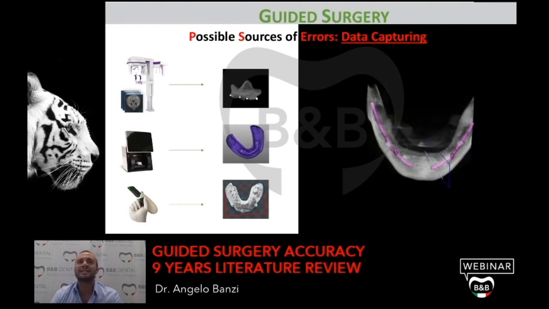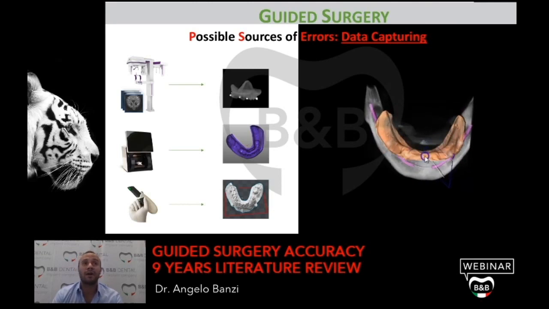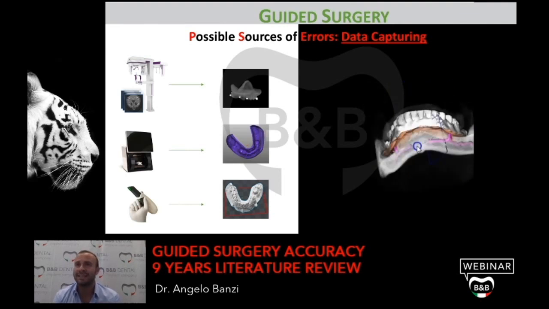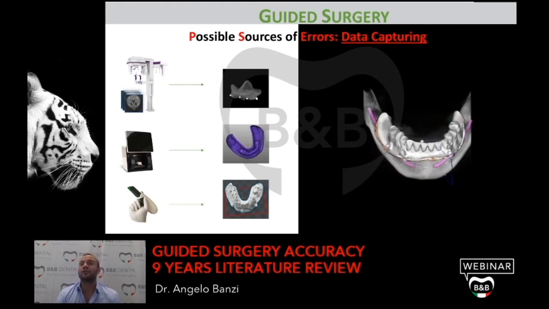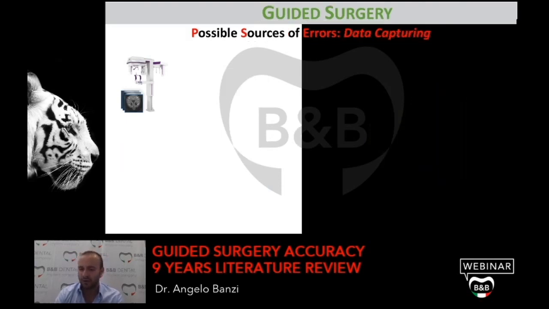The data, as you can see from this image, the capturing of the file comes from again the CT Combine or the extraoral scanner or the intraoral scanner, and these are the images that we will get. We are going to get the soft tissues, the bone, and radiological templates, teeth. But what about the errors? The first error comes